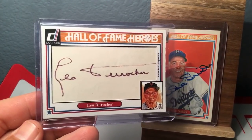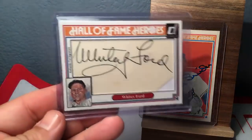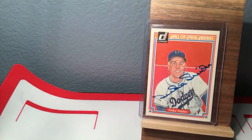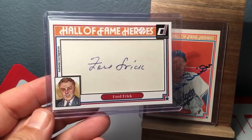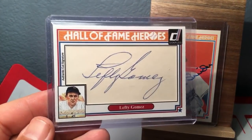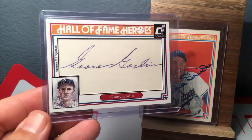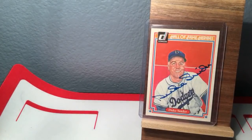Leo the Lip Durocher. Whitey Ford, so cool. Ford Frick. Lefty Gomez. Goose Goslin. So again, these were just boring old 3x5 cards, and this way they can just be way cooler in my opinion. And I still have most of these in...